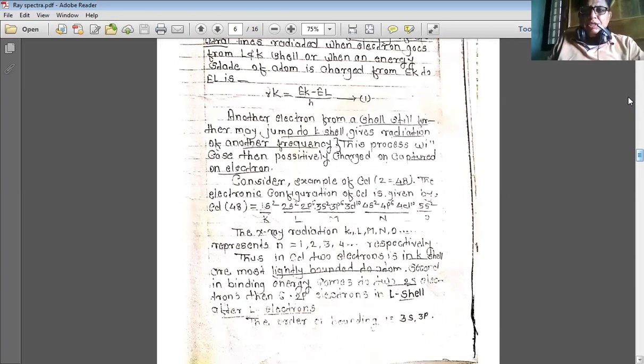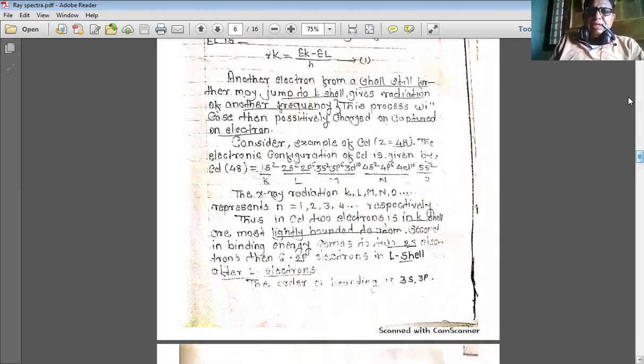Like this configurations. So X-ray radiation K, L, M, N, and O represent n equal to 1, 2, 3, 4, 5 respectively. Thus, in cadmium, the two electrons in the K shell are most tightly bonded to the atom, and the second binding energy goes to